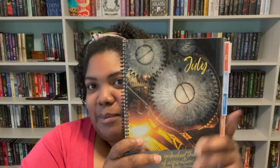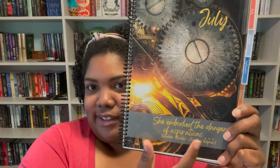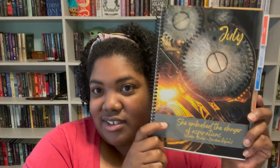And in July, steampunk. I also went with a steampunk theme in July for my planner. I wasn't trying to get things to line up, but this just happened to be how it fell. And I did add this strip because it was the only way I could get this quote to be readable at all with the colors I wanted to use. And I think it looks really good. But I didn't want to do it every month, but it looks really good on some months. And this is from Hidden Bodies by Caroline Kepnes. It says, she embodied the danger of aspirations,